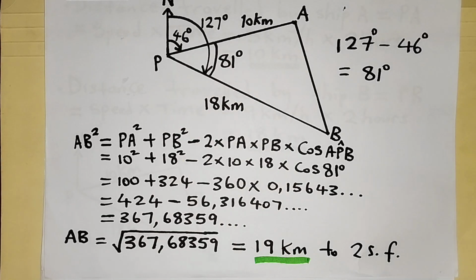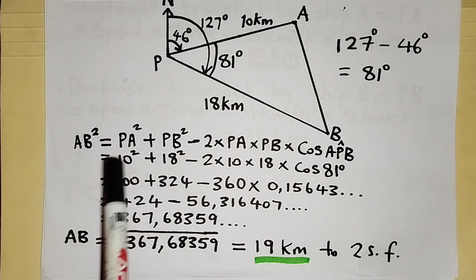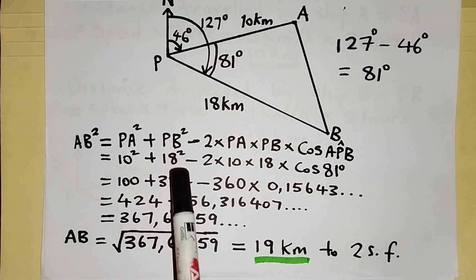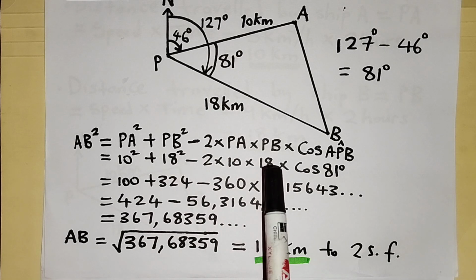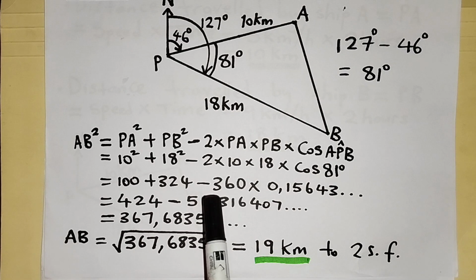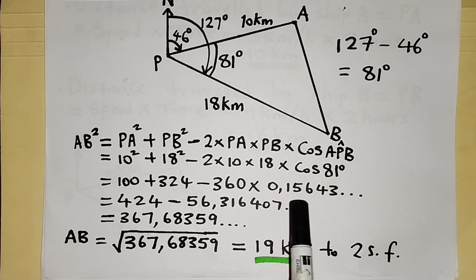APB is this angle of 81 degrees. Substituting: 10 squared plus 18 squared minus 2 times 10 times 18 times cos 81, which is 100 plus 324 minus 360 multiplied by